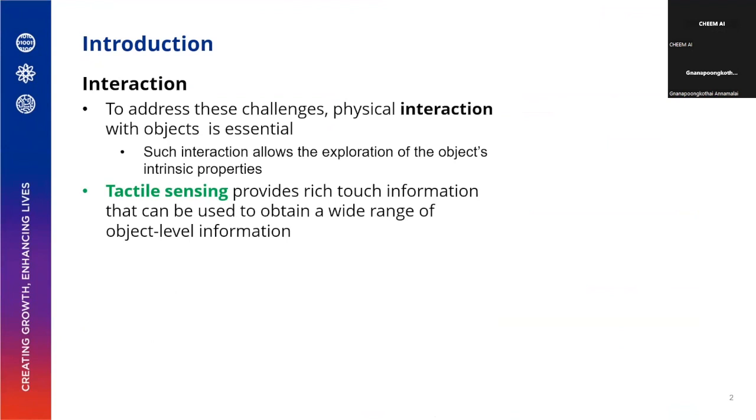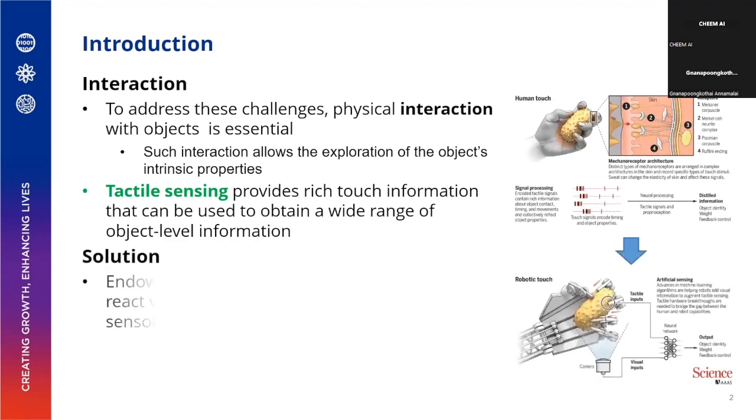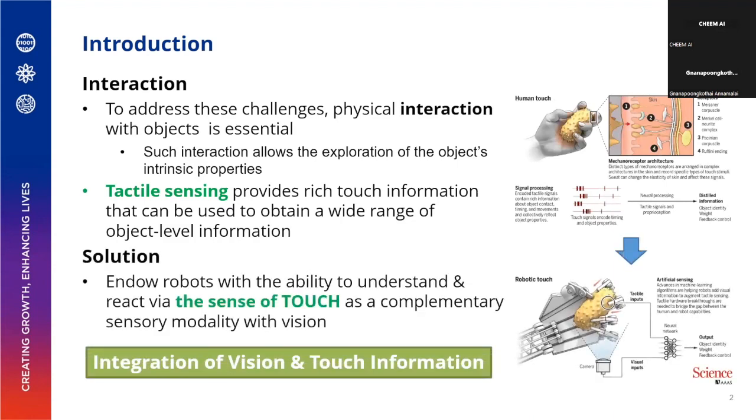Such interaction, like what humans do in object manipulation, allows the exploration of objects' intrinsic properties. When we grasp the tea box, we use our skin to feel the COM, right? And also our vision. Tactile sensing provides rich touch information that can be used to obtain a wide range of object-level information, like what humans do in grasping and manipulation. So our solution is, how about we enable the robot to have the sense of touch, and we use this information together with the vision information to